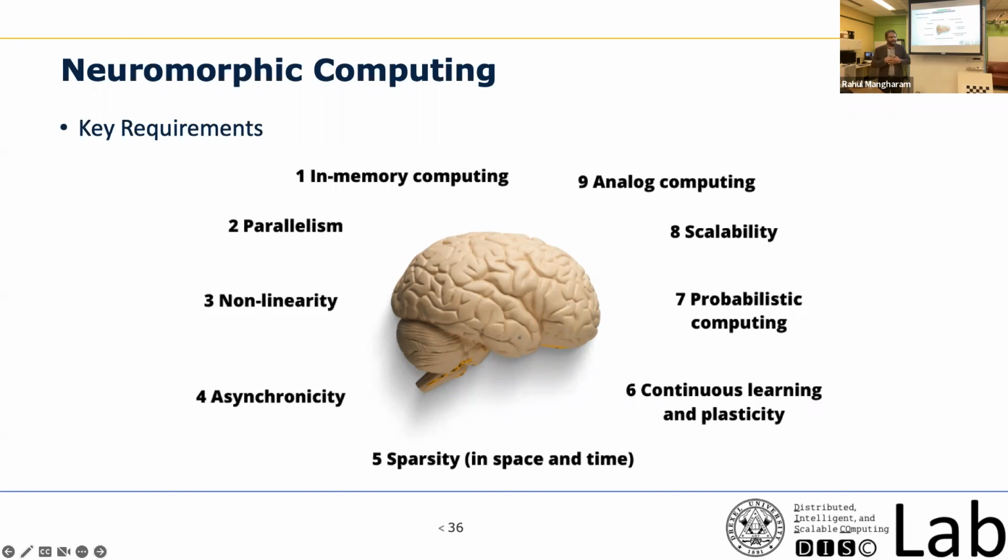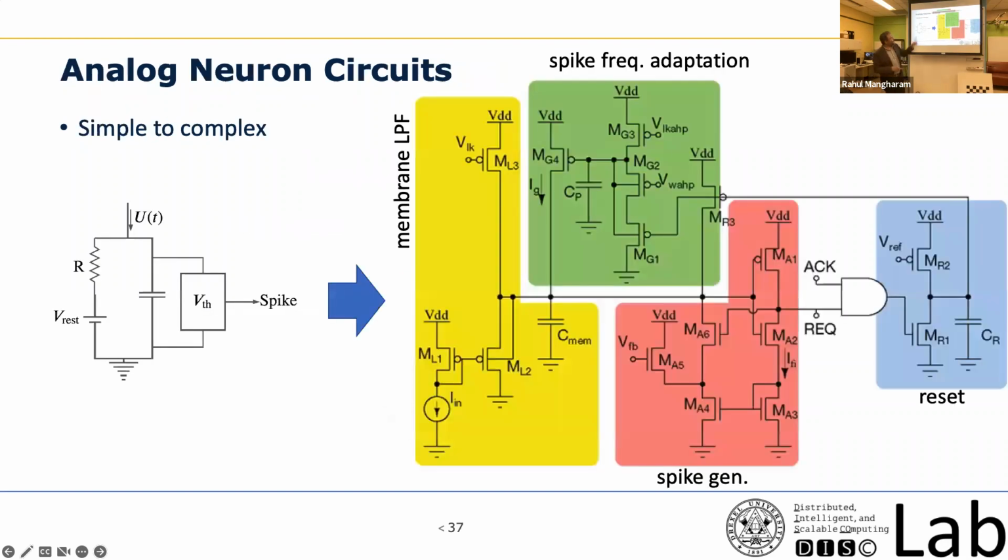Now, the other thing that I wanted to mention is that all these neuromorphic developments are happening in recent years. In-memory computing is coming in, but throughout the last 10 years, mostly people focused on number 9, which is analog computations. Digital chips are extremely power consuming because of the clock signals. Analog asynchronous circuits are way more efficient that way. And no one really works on continuous learning or online learning. And that's where we were working. So for those of you who are wondering, this is the basic circuit, the actual circuit of each neuron.